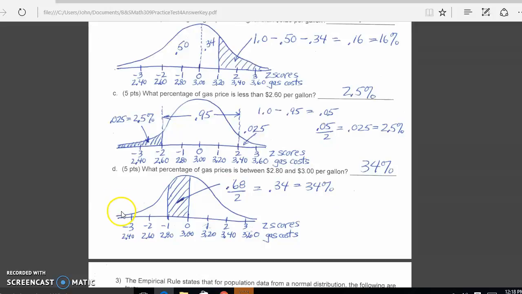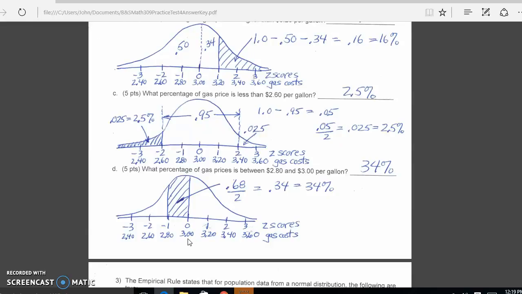And so I have my normal distribution curve that I've drawn here. And in the center, underneath the curve, I have my z-scores. The center is always 0, and the z-scores are the number of standard deviations to the right or to the left, and I have positive values to the right, negative values to the left. Underneath the z-scores, I've put my actual gas prices. The mean is $3 per gallon,